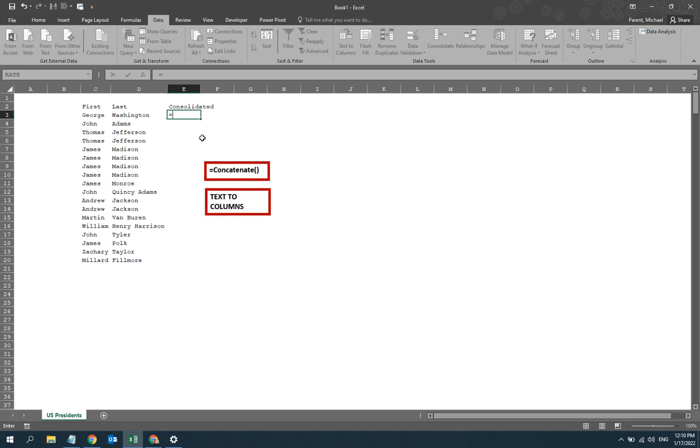Now, I'm not a linguist. I don't know the etymology or history of concatenate, but essentially what we do is we just call that function and we select the cell George. We put a comma in between, and then we select the other cell Washington. And when we do this, what we'll get is George Washington, but it'll all be kind of one